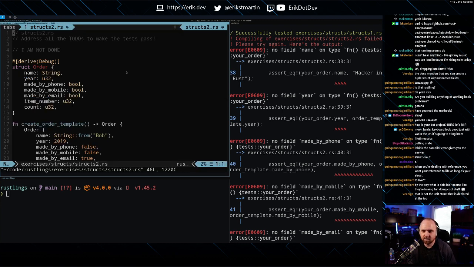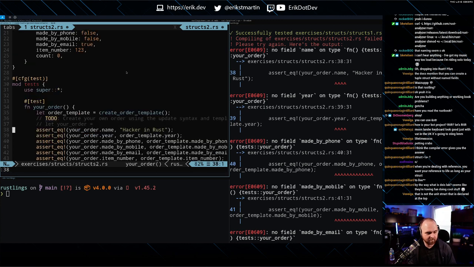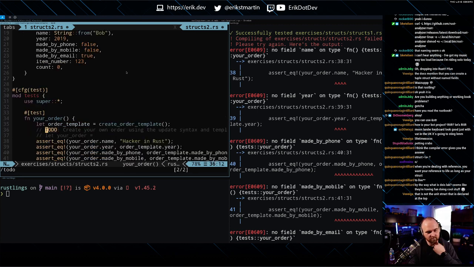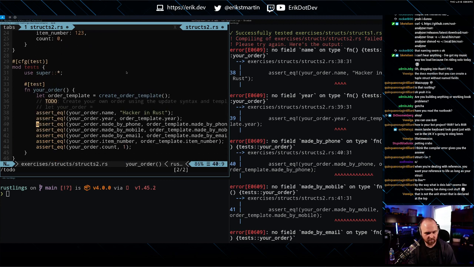No field name on type function. What are we talking about? Line 38. I guess we could just look for to-dos first. Create your own order using the update syntax and template.